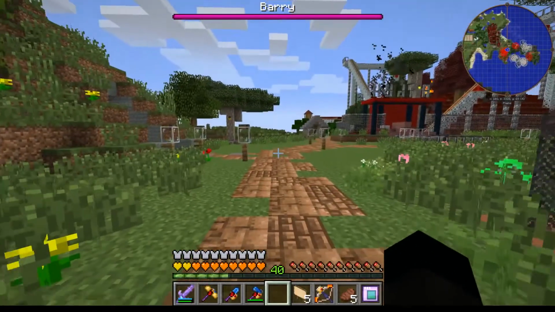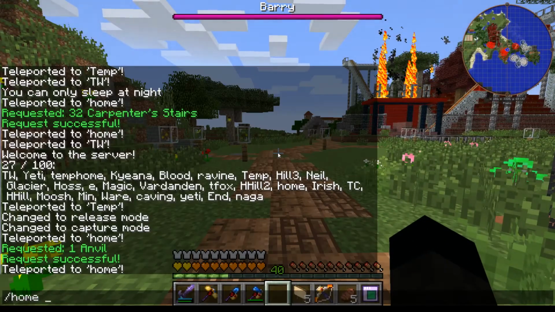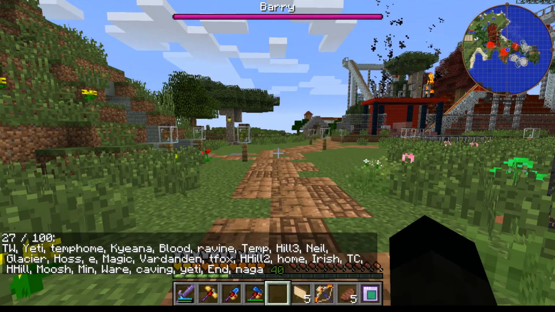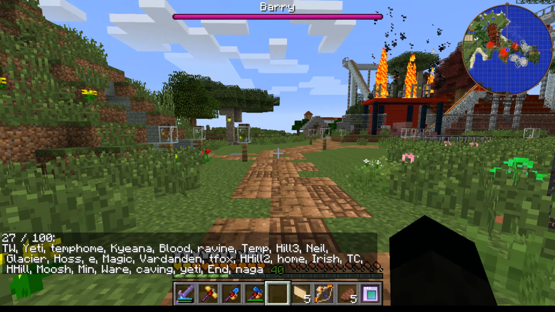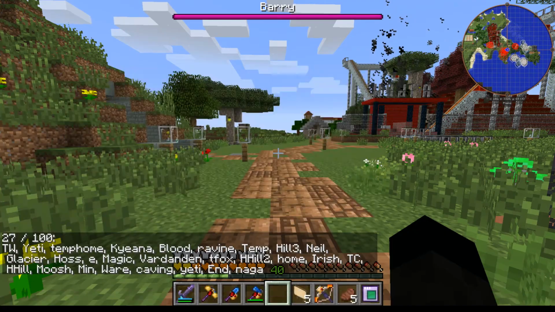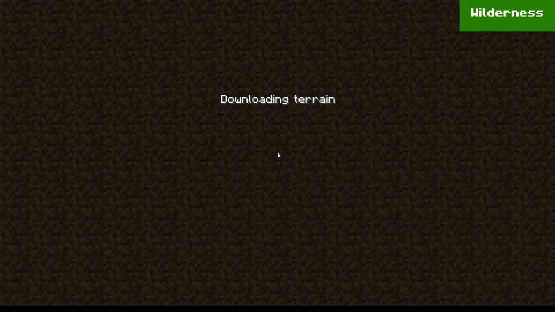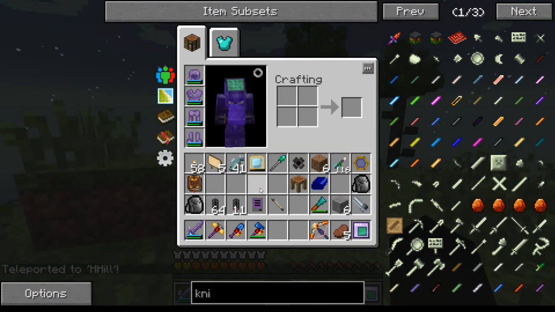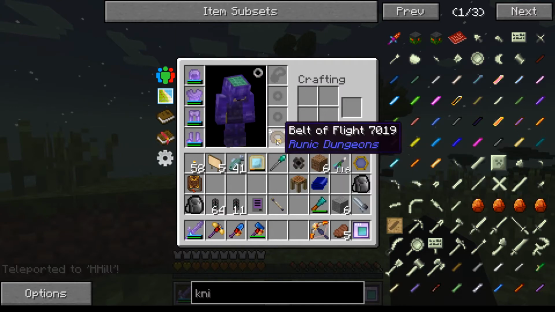So, what we've got, let me go home. List. I don't know whether I've got Naga, Caving, Mushroom, Hollow Hill, Home, Hollow Hill. So, what we've got to do next, probably next episode more than anything else, but definitely next,